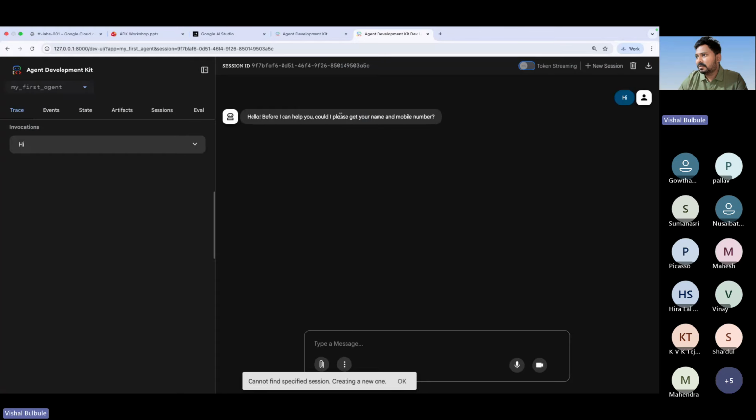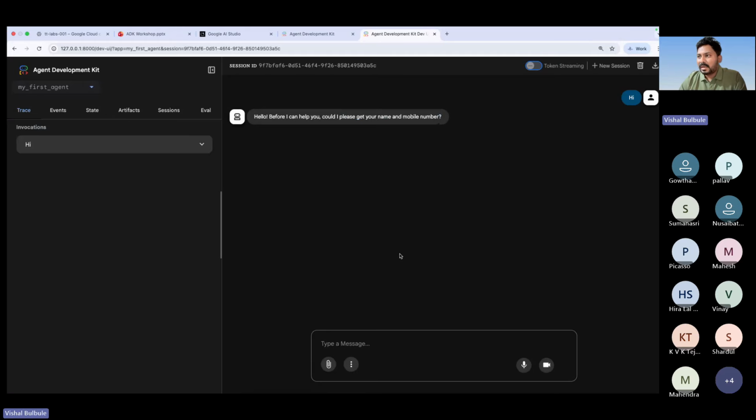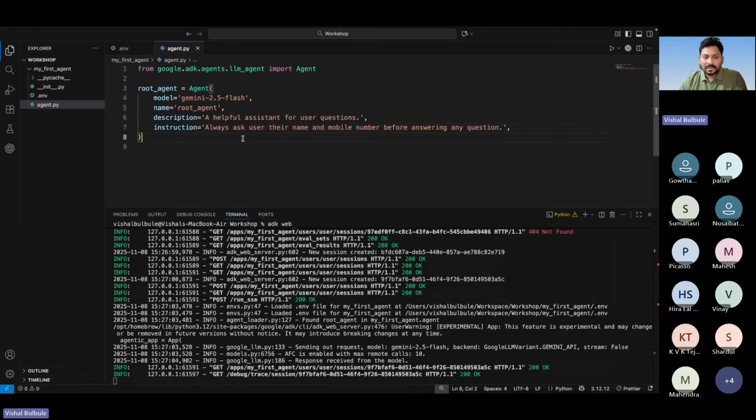See, now it is asking, could you please help me with your name and mobile number. So whatever instruction you give, your agent's behavior follows along with that. It is not like a very strict rule that it will not respond without a name. It will respond. This is just the instructions you are giving so that your agent will understand some context. This is helpful, let's say, when you are creating an agent which will give information about the news, then you can say, you are a news agent and give information only about the